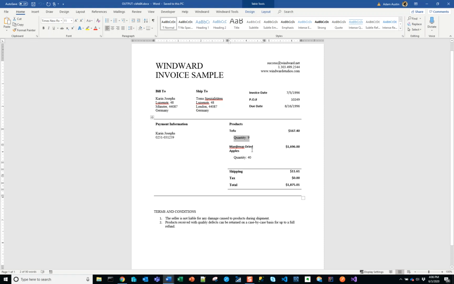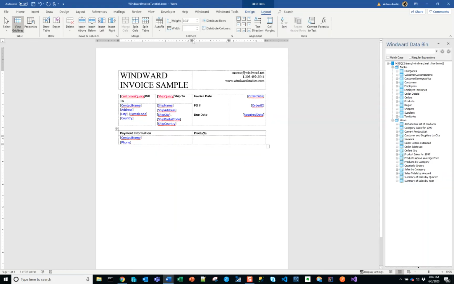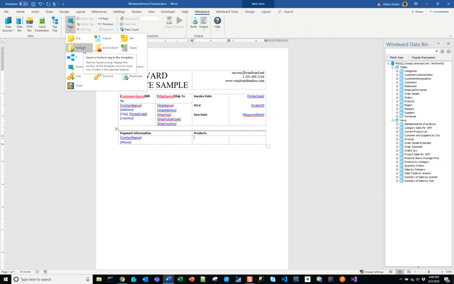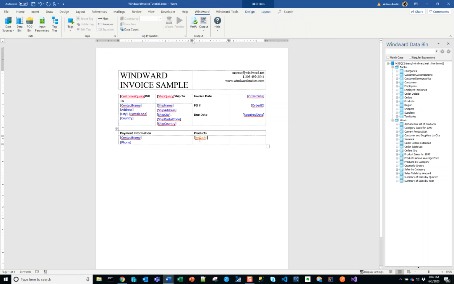And anytime you have a case where you're outputting multiple records like this with the same formatting, here we have the same bold, we have the same quantities sort of listed here, we are going to use what is called a for each tag. This means for each record returned by the select, we're going to do something. So we'll go here, we're going to select for each tag from our tags dropdown to insert that into the